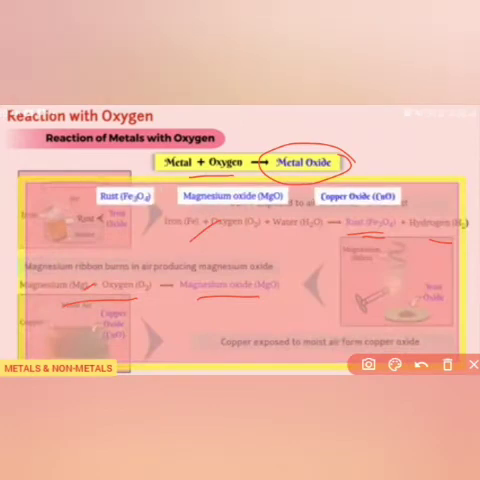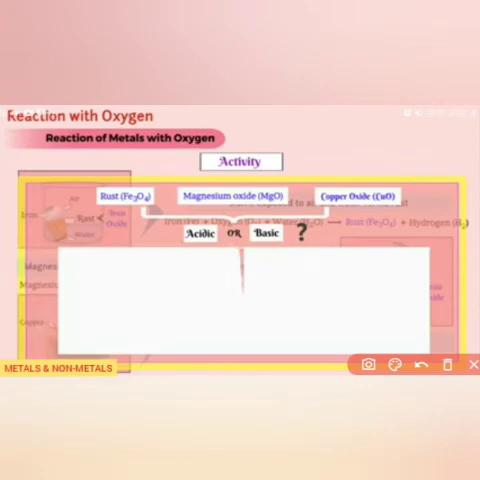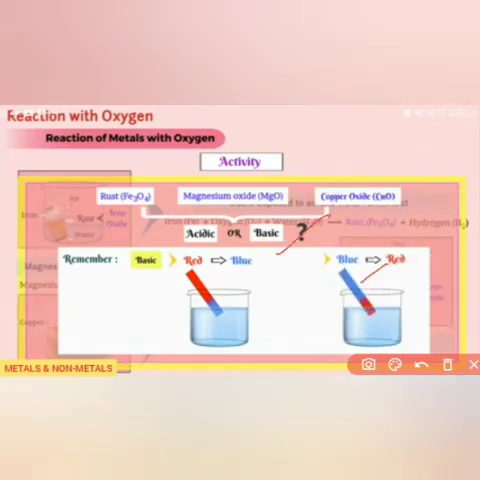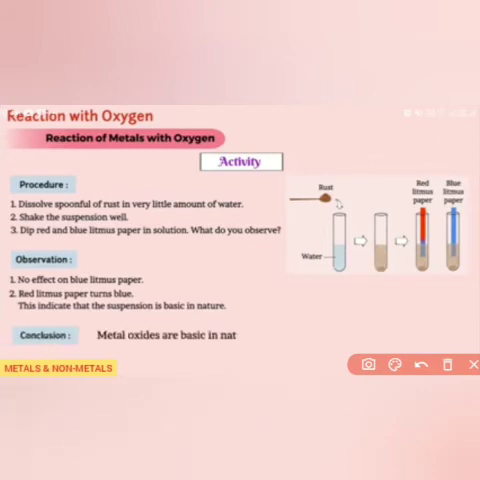Another one is copper. When exposed to air, it forms copper oxide. But whether these oxides will be acidic or basic, we can check with the help of litmus paper. When red litmus turns blue, it means the solution is basic, and when blue litmus turns red, it means it is acidic. And if blue litmus remains blue, it means it is basic, and red litmus remains red means it is acidic. This is a short activity in which we concluded that metal oxides are basic in nature,